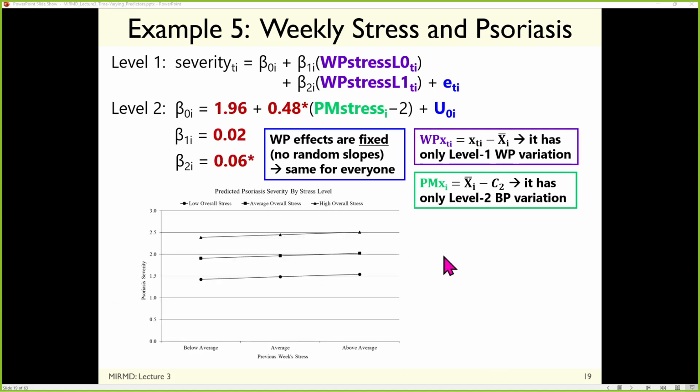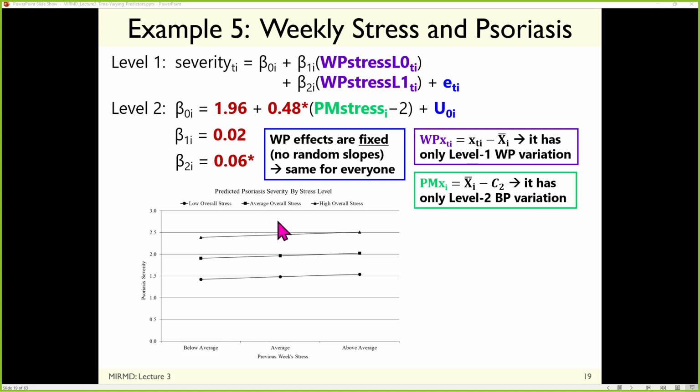And here's the results. Most of the story is between persons. So the coefficient for the effect of person-mean stress is 0.48. The coefficients for the lagged effects of stress are much smaller, although lag 1 was actually significantly different from 0. And to remind you, these are all unstandardized. So to interpret what they mean, I have to know what a unit is, and all of the units are the same: it's 1 unit more stress, but it's then average for this coefficient and then usual for these.